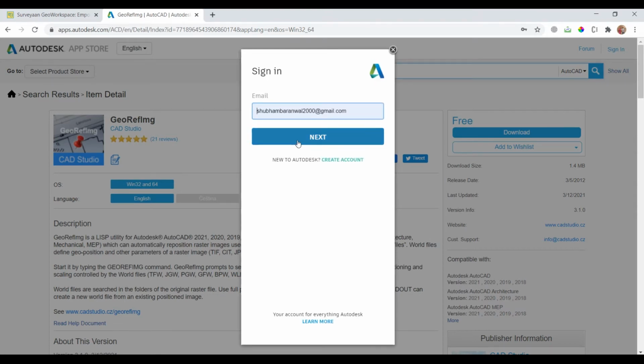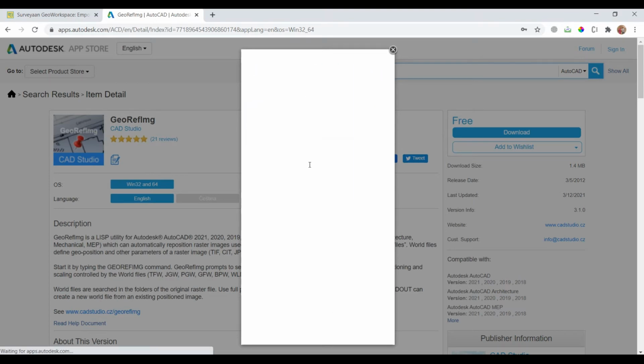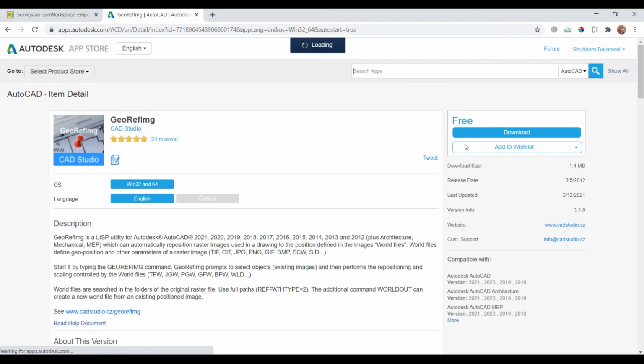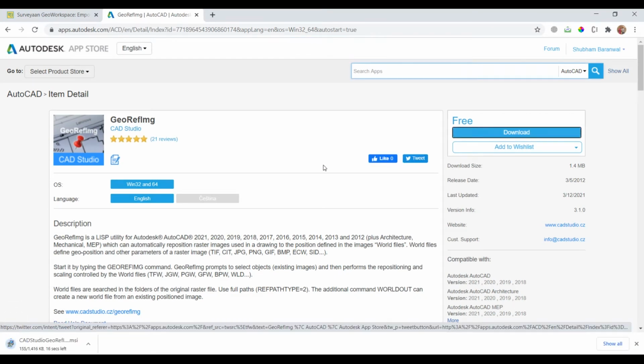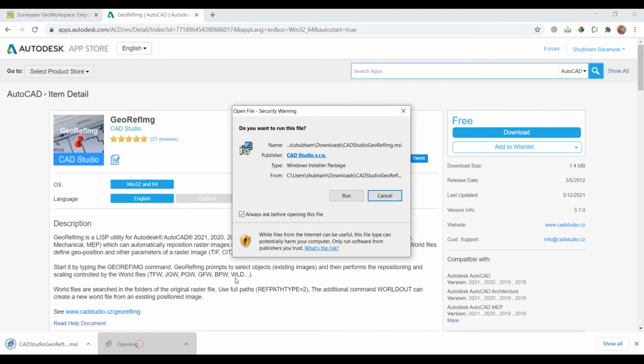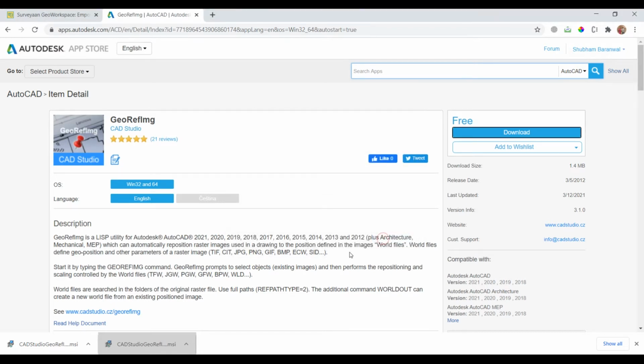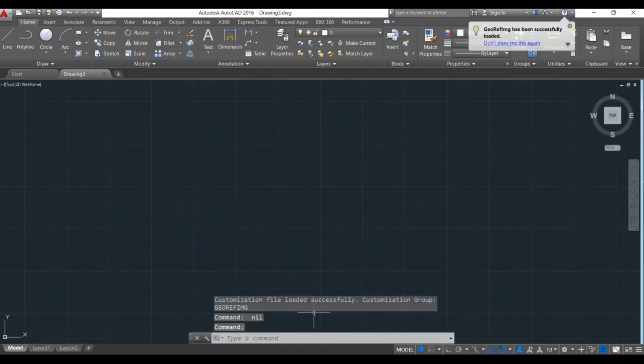Make sure to provide the right credentials. Click on this install now button and the tool has been installed. It automatically fetches the location of the AutoCAD.